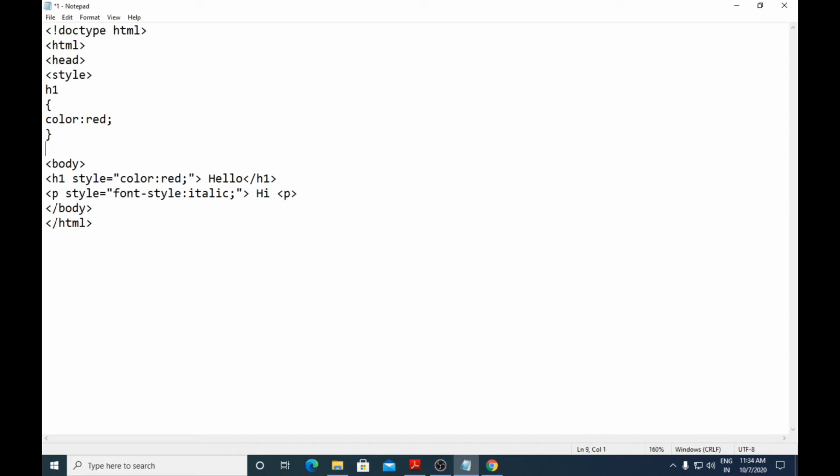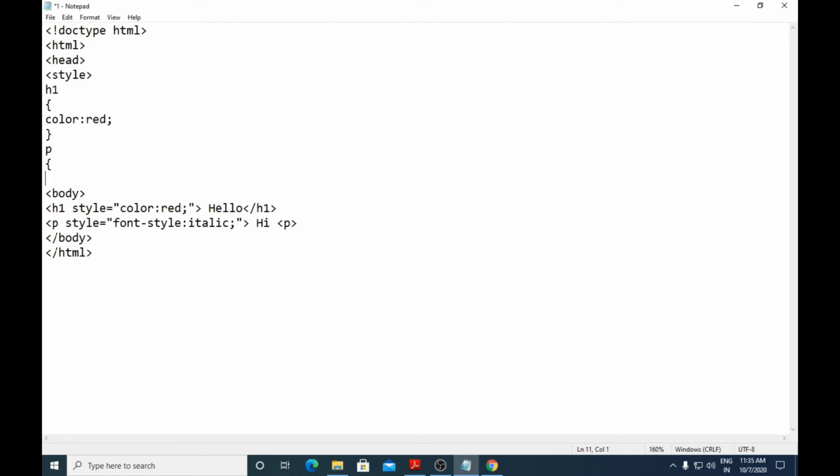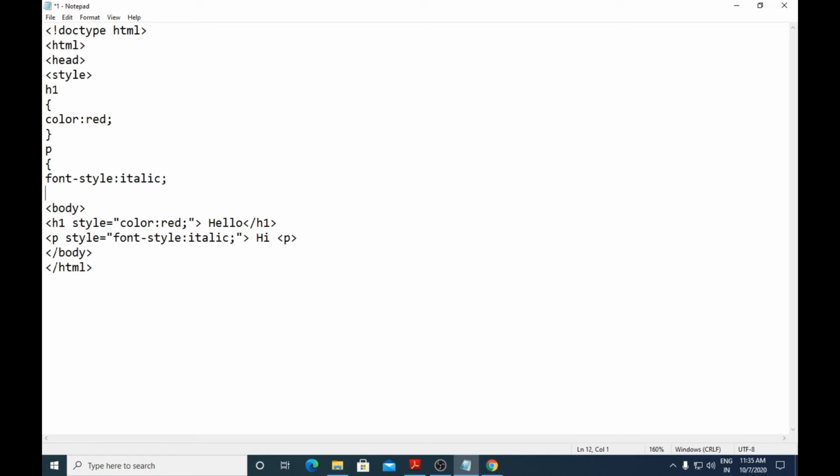Next element was p. Then what you can use here is font-style colon italic, and then semicolon. Close this, and then you close the style element.